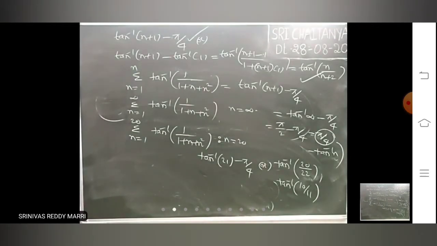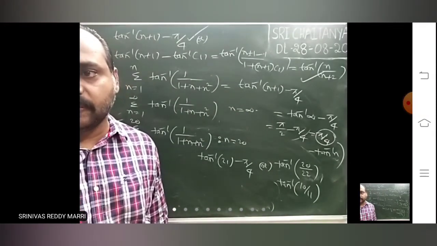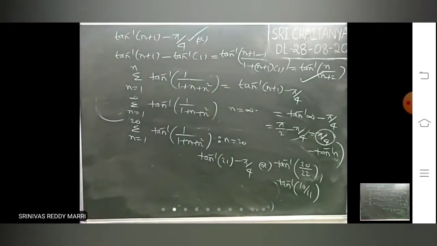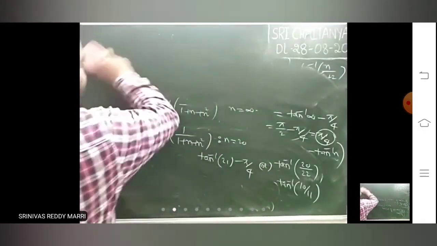We will see one more model. Look at it, you will get clarified. Very important series, very important. Regularly in IIT he will ask these models. Look at one more problem.